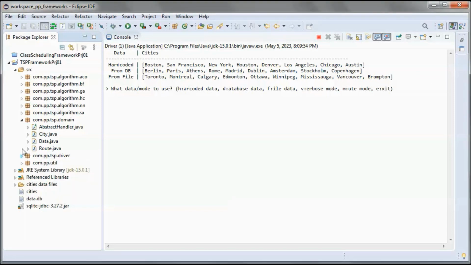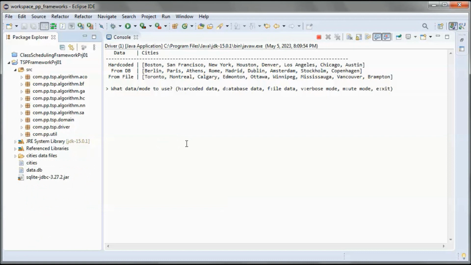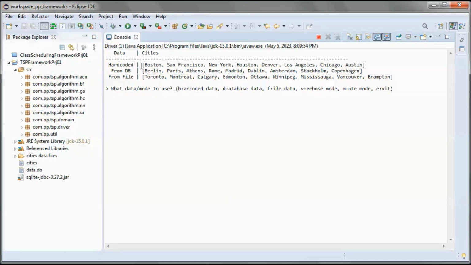And we are using the Haversine formula in order to calculate distances between cities. So in each route, we start a trip from one of the cities and then go through each city once and then return to the originating city.